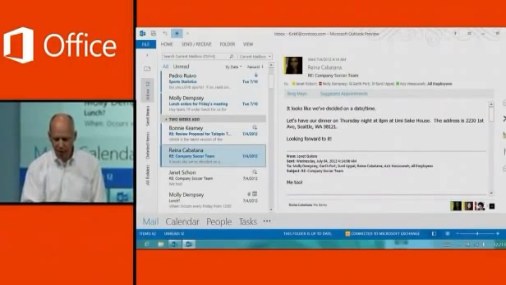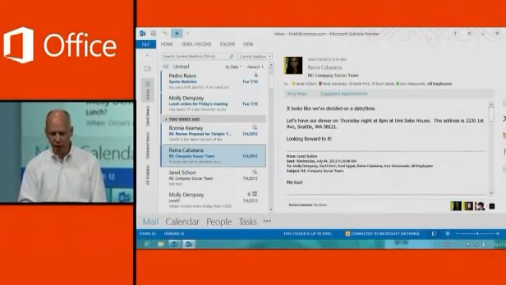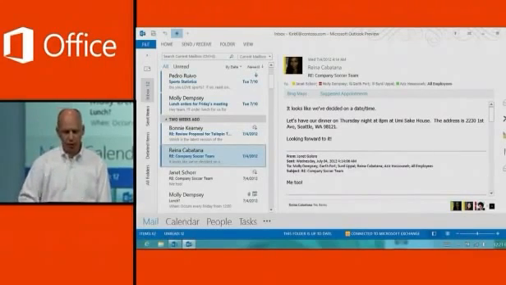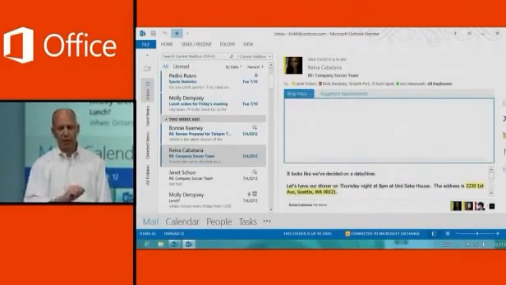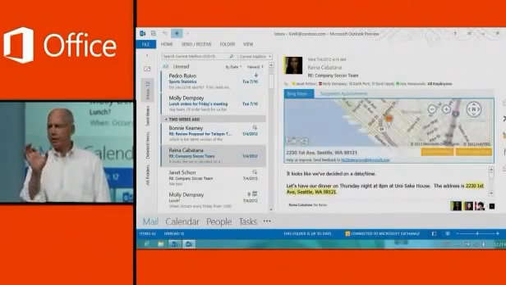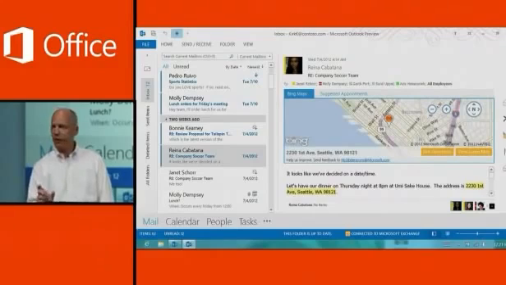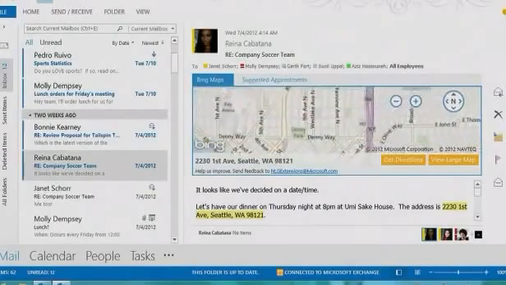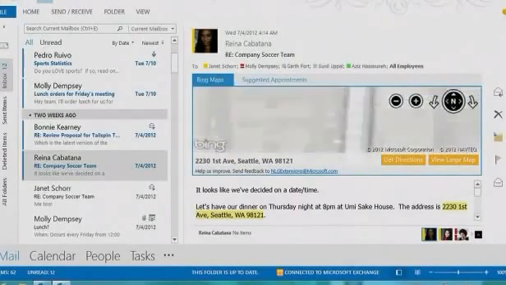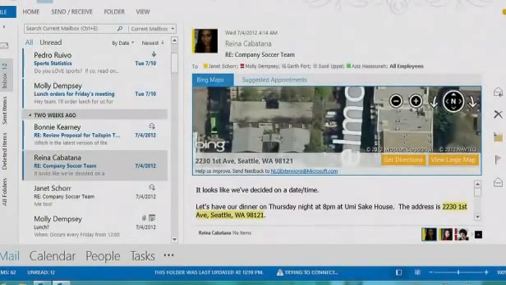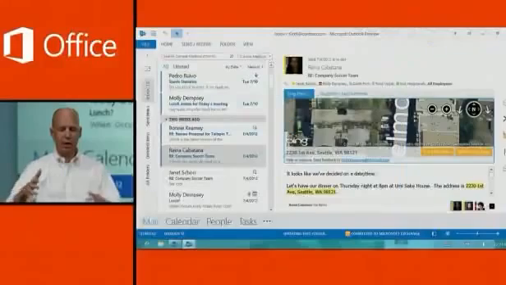So if you look at this mail message, you'll see part of the sentence says, the address is 2230 First Avenue, Seattle. I'll go ahead and just click on Bing or tap on Bing Maps. And what that does is it scans the email, it identifies that there's an address there, and it puts this map in place. Pretty cool. It's also interactive, though. So I can go navigate through it. I can tap if I want to go deeper. You get the idea here. I can zoom right in if I'd like. Just a simple example, but a great one of how we can harness the power of the cloud here inside